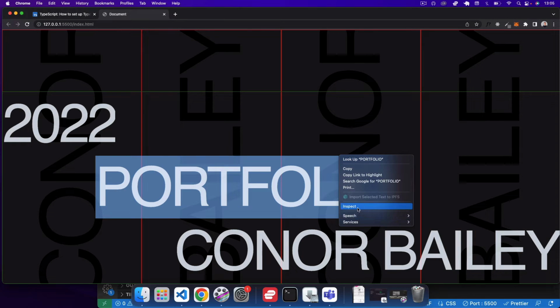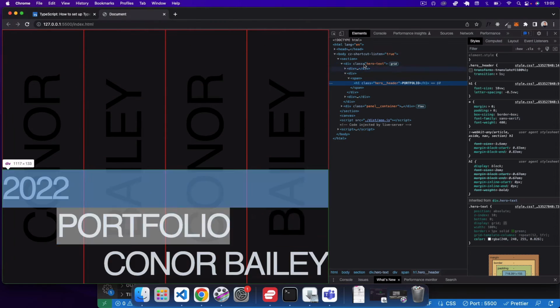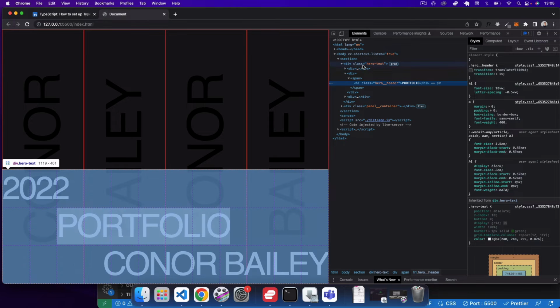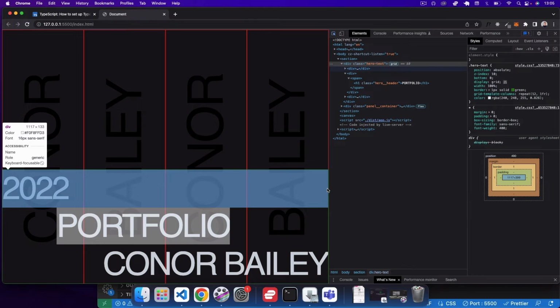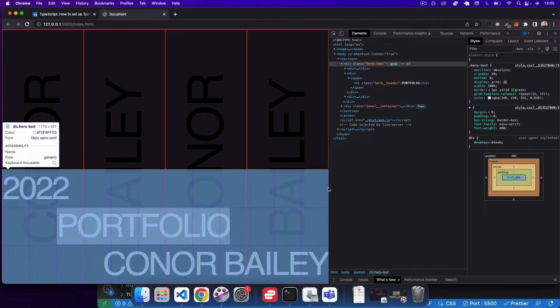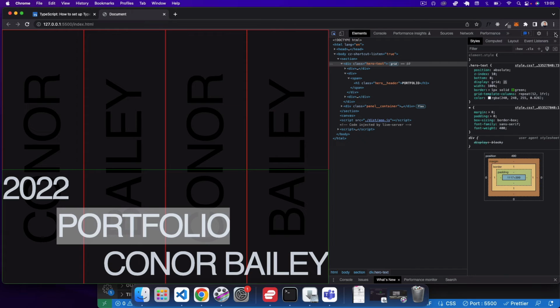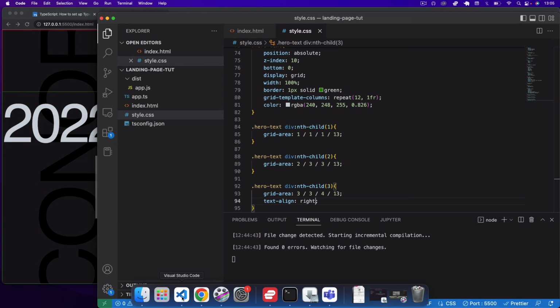Let's just check that again to see what the grid's looking like. Okay, so now you can see we've got the nice evenly spaced out 12 columns within our grid area. So that's what we're using that grid for, to display this text nice and evenly across the landing page. Okay, so now the next thing I want to do here